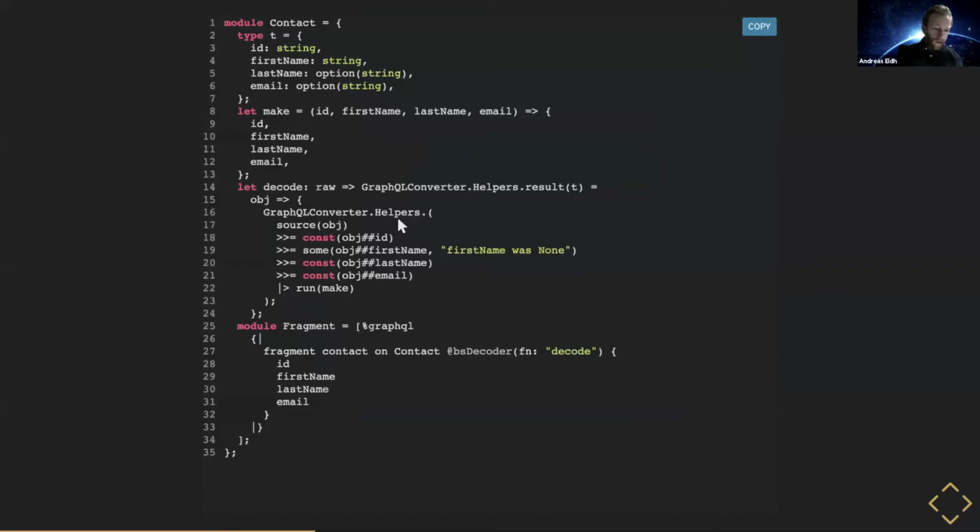And then we have to define the type that we want this to be in our app, after we've decoded. There we want first name to be required, because that's the minimal thing that we need to be able to display the contact. We need at least the first name. And then we have a decode function,